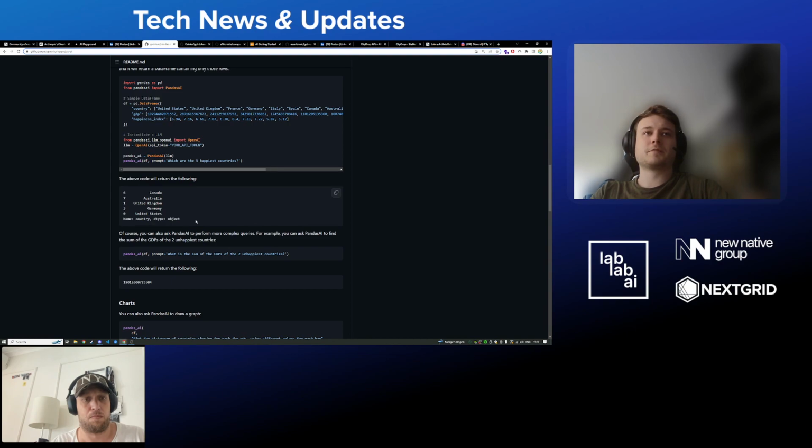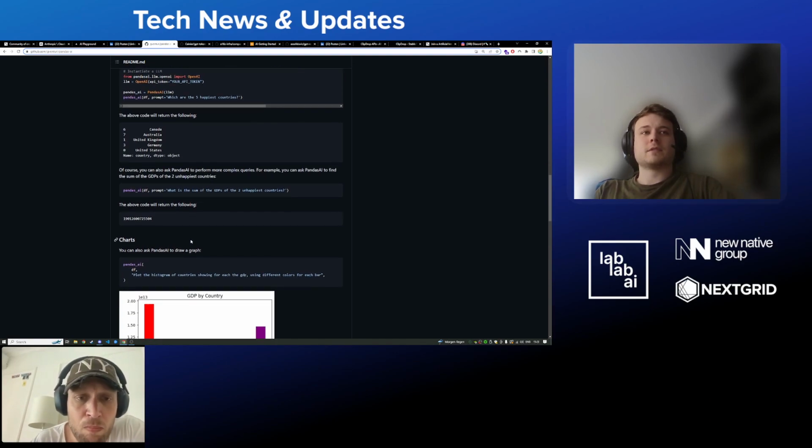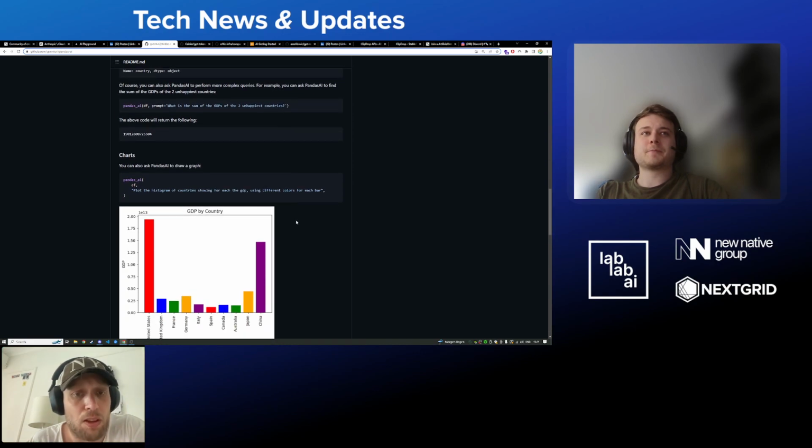I'm not sure how complex you can make these queries basically right here, but I'm sure this still saves a lot of time for data scientists. And this just abstracts away a bunch of pandas code that you would have to write on your own basically without this. Yeah, that's great.